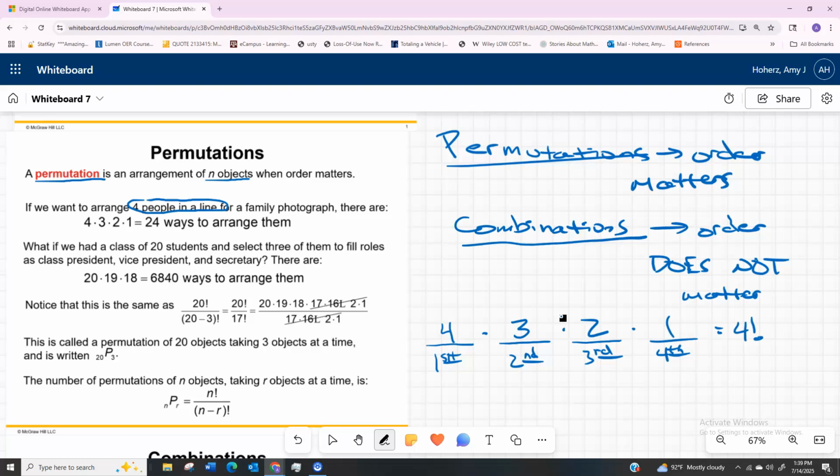Let's say you're going to do something similar where you have 20 students in a class and you're going to select 3 of them to fill roles. So not just select 3 of them, but you're going to actually put them in a role. Say you're going to have a president, a vice president, and a secretary. Well, for the president spot,